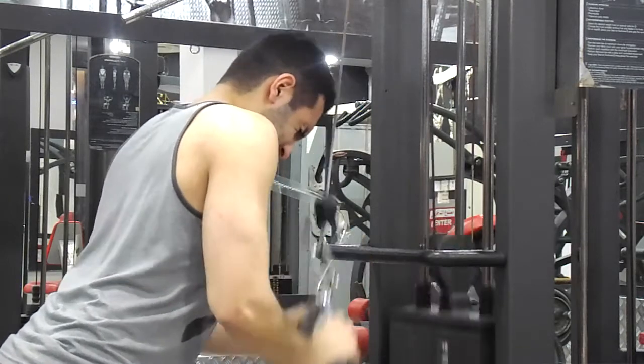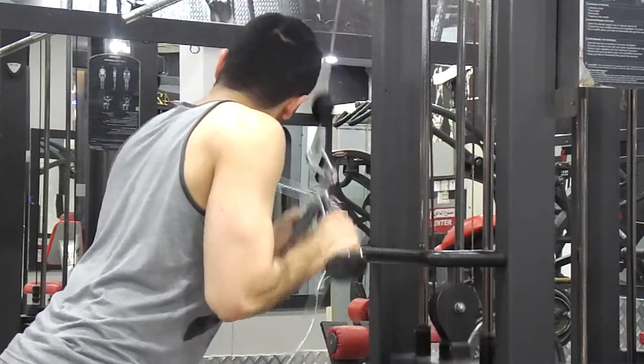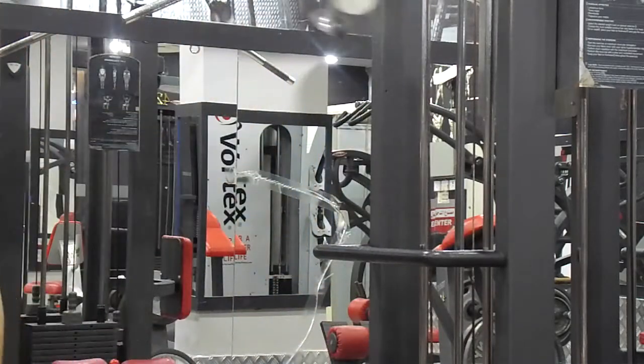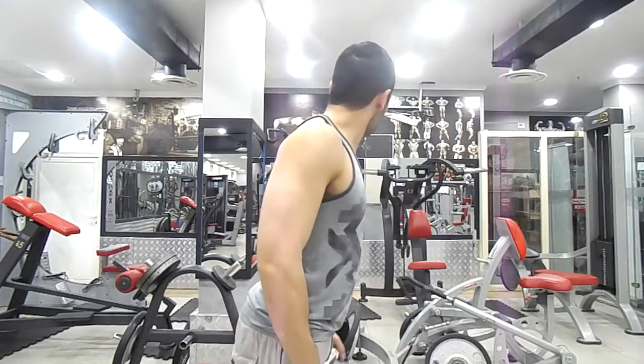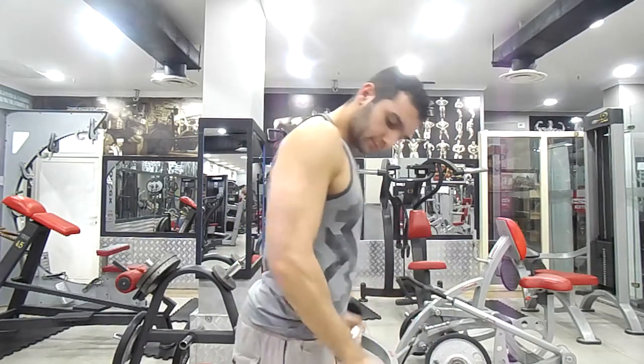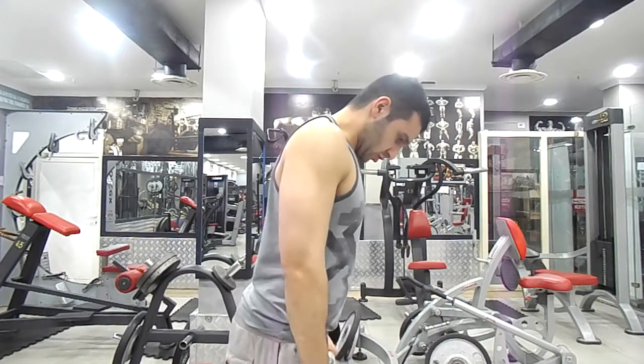The last exercise that we did was the reverse barbell curl. Again, just like the hammer curl, it works on the thickness and the brachialis of the biceps, but it works it more heavily since your wrist is all the way turned in. I would recommend using an easy curl bar for this. Again, 3 sets,